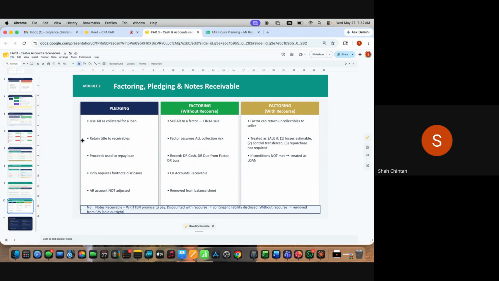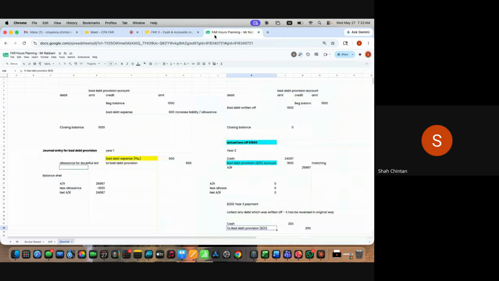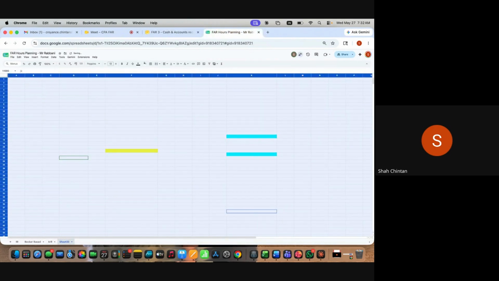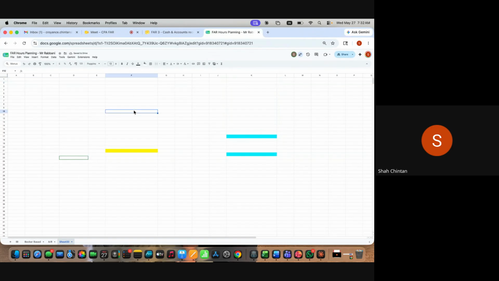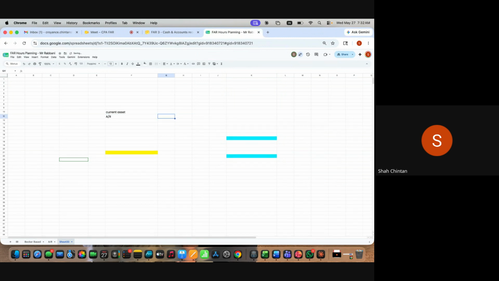You only have to make a disclosure; you don't have to make any adjustment in accounting. So suppose, let's draw a few more examples. In your balance sheet there is a current asset, and under the current asset you have accounts receivable, let's say $10,000. Out of this $10,000, you have pledged $3,000 of accounts receivable. So only by way of notes to accounts you will just say that the $3,000 of accounts receivable are pledged with, let's say, Bank of America